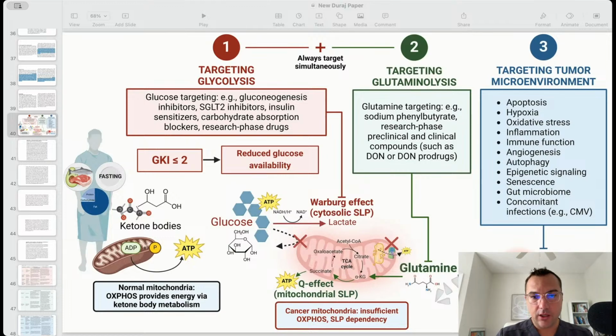While I'm waiting for any questions to pop up, I think that metabolic therapy works best with the most aggressive cancers. Yeah, I mean, if you look at, I don't have it in this particular PowerPoint, but if you look at the